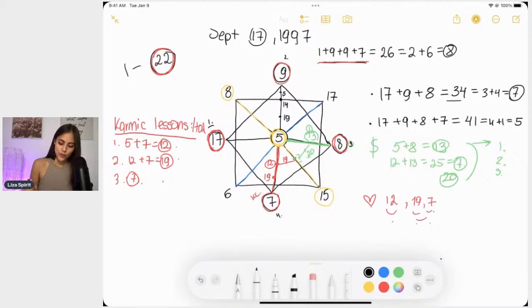Number 7, 12, 19, and 7, all those in red, are your main karmic lessons. That's what we have here, right? And that's how we calculated them. All those energies are going to be given to you in this life in a negative way. That's why we need to focus on them. That's where you're going to have some problems, some struggles. All those things are going to come to you in life. Even if you're doing great and those energies are positive, you're going to be tested later on in your life based on all those energies.